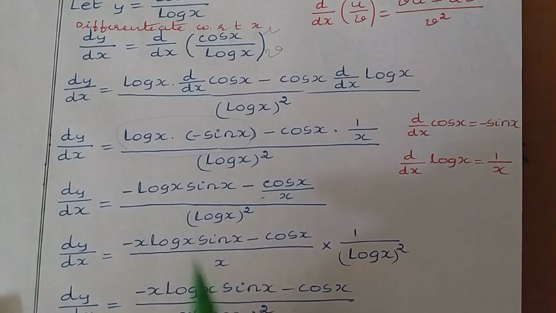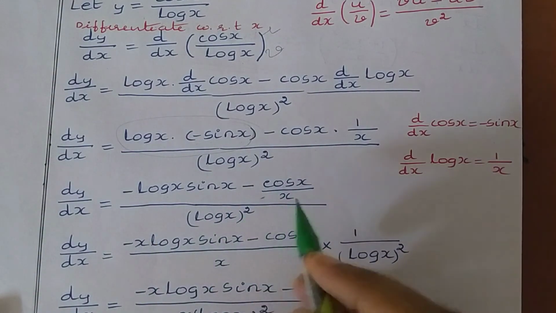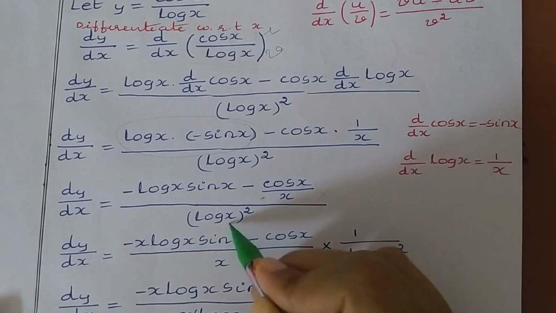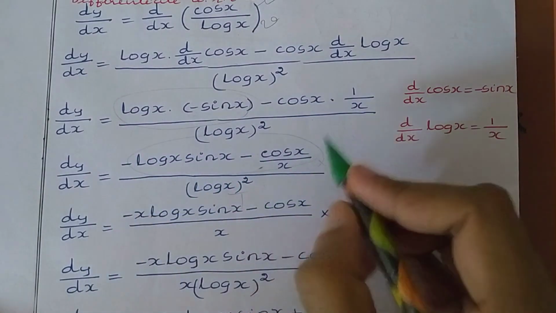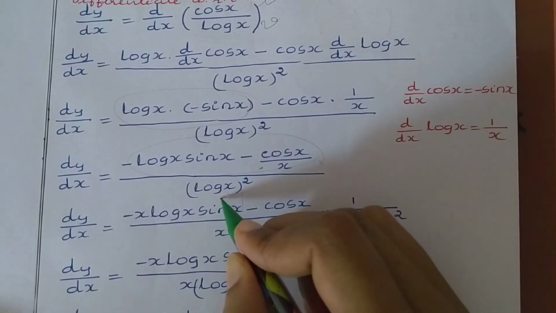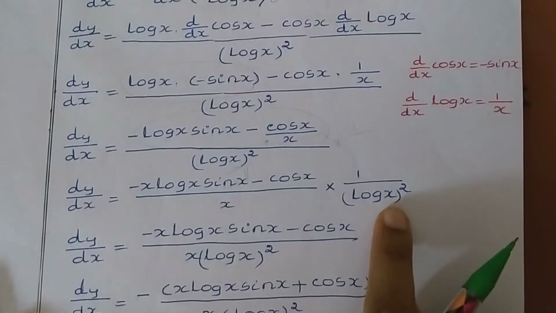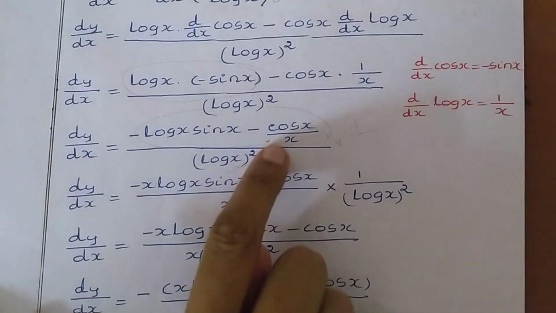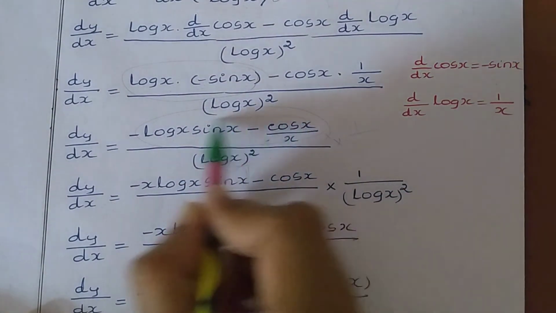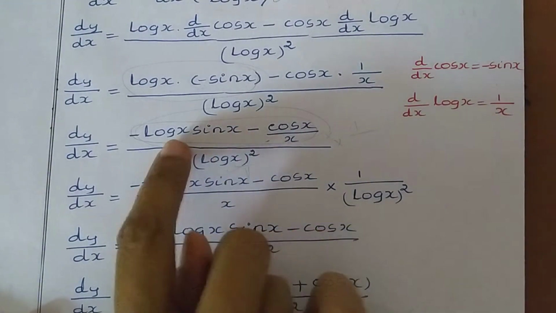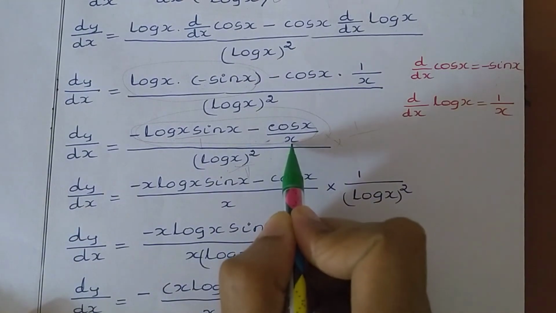Next, here we have this x and here we have log x whole square. If I bring this up, then this becomes 1 by log x square. If I multiply this with this, we have log x whole square divided by 1, and that becomes 1 divided by log x whole square. And we can take x as the LCM here. If I take x as the LCM, then in the denominator we don't have any value, so you can multiply this x directly here.